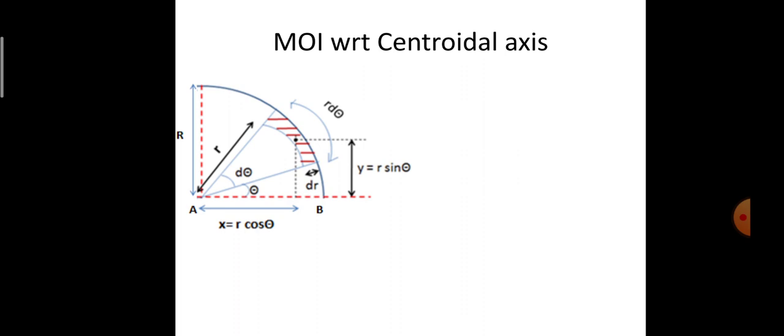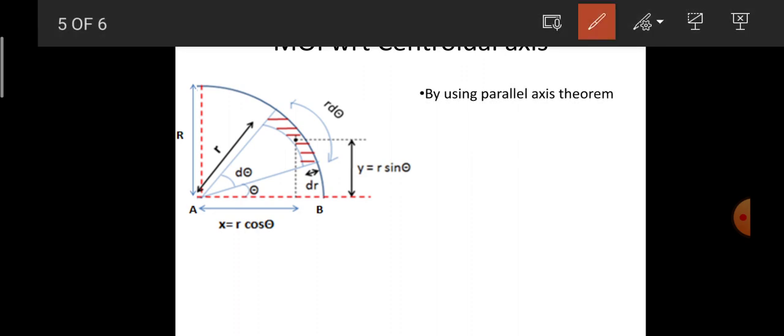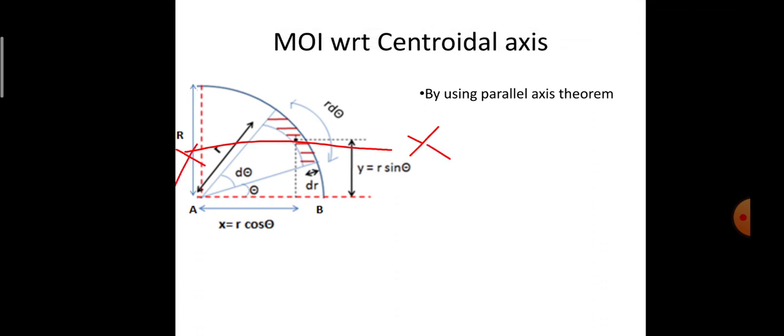But I need to find out the moment of inertia with reference to the centroidal axis. So for this, I consider the centroidal axis parallel to the AB axis, and I just name it as xx. Okay. So here, by using the parallel axis theorem, I take IAB is equal to IXX plus A y bar square,